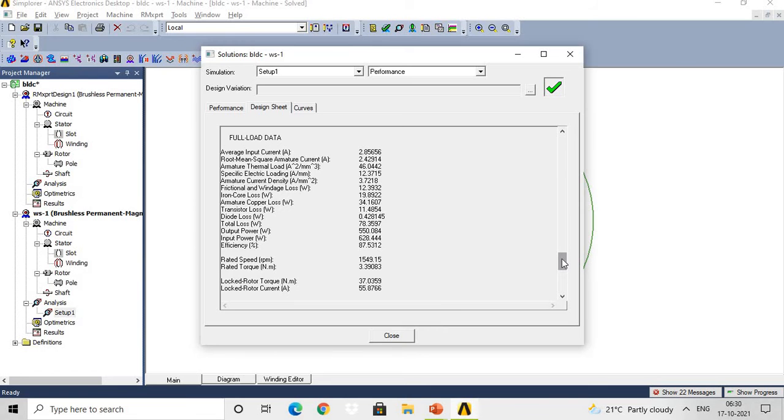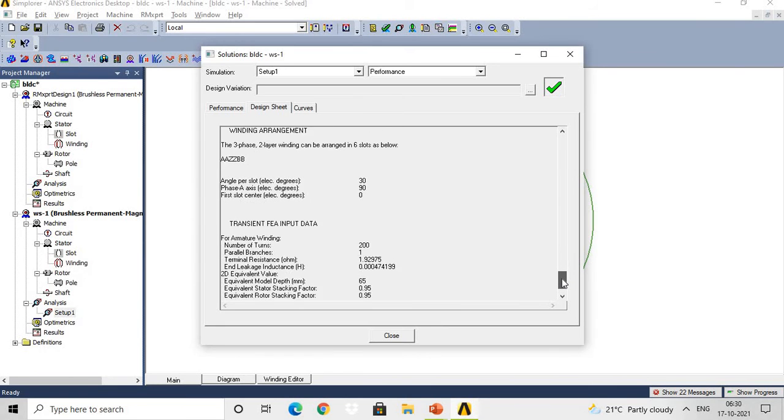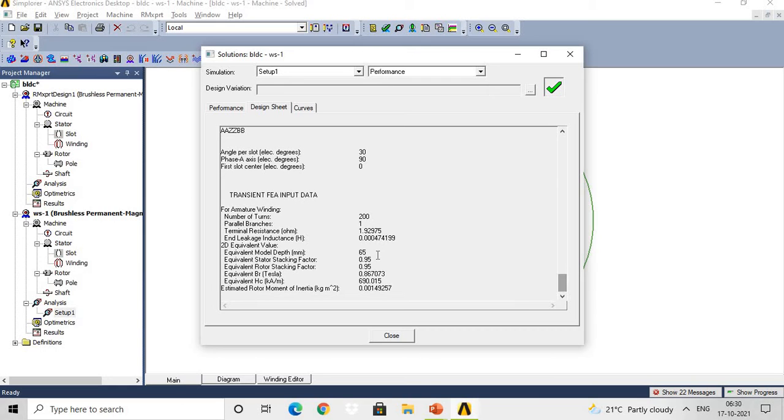Then locked rotor torque, locked rotor current in ampere, then winding arrangement, then transient FEA input data.